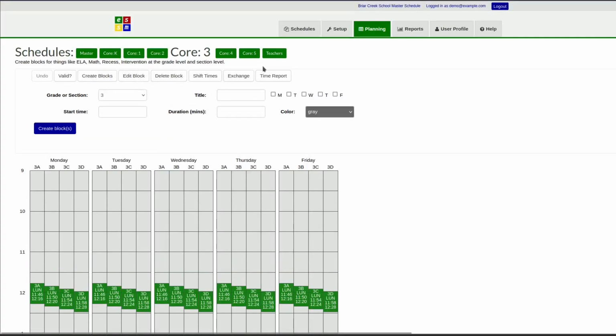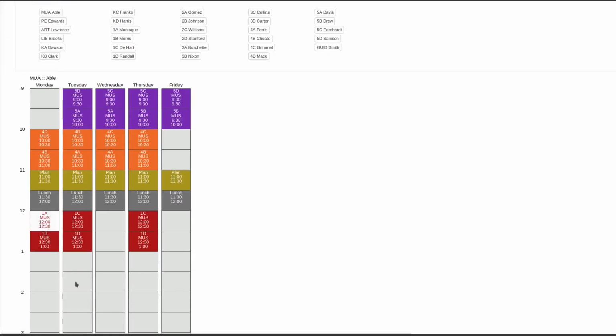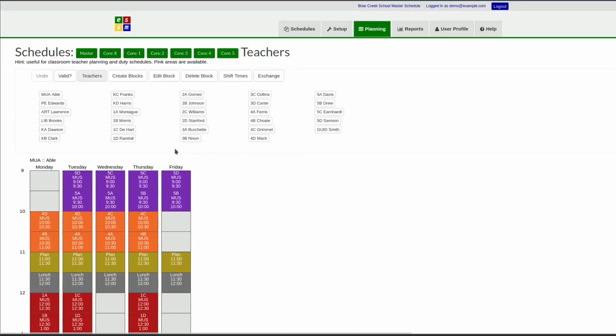Let's look at the last thing that's on this page, and that's the teacher's schedule. So what you can see if you land here is that there are buttons for all the teachers in the building, and it comes up with this teachers button that shows these. It begins with the first one on the list, which in this case is the music teacher, and so you can see what we've done with that schedule for that teacher so far. So in some respects this is just valuable as a visual,